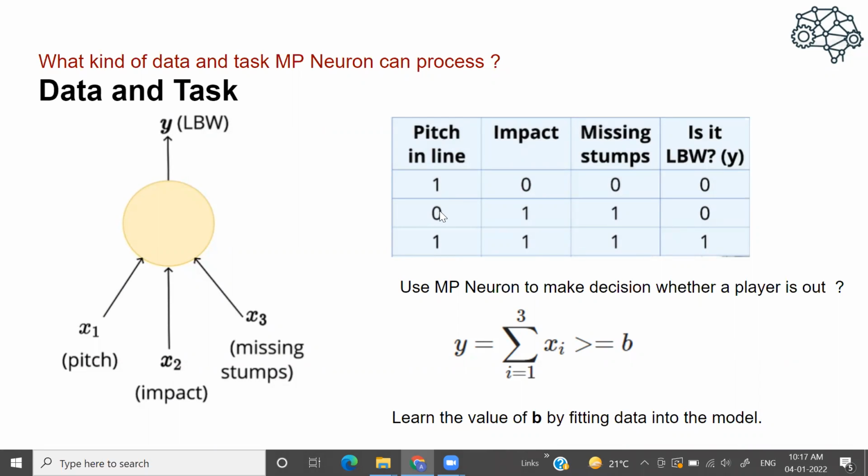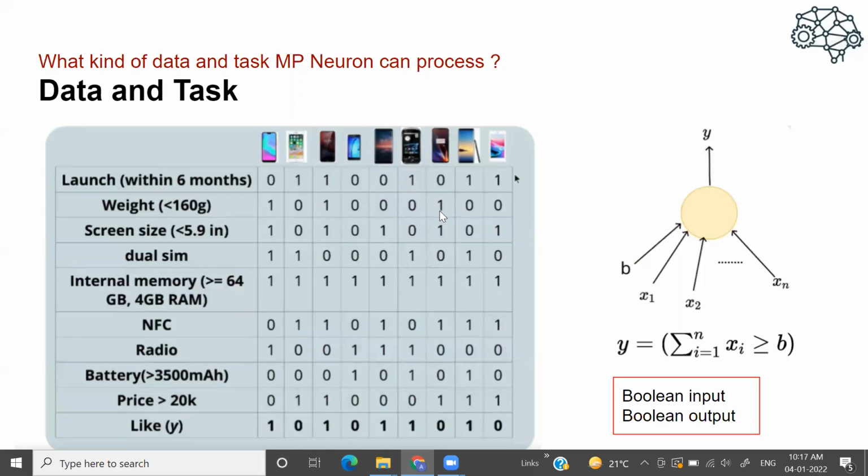Now, let's say that, so here you see all the input features were binary. It is either 1 or 0, right? But in real life, it may not be a situation where you'll always be getting a binary input. You can have a real input also. For example, you want to purchase a phone, right? So whenever we think of purchasing a phone, there are a lot of things we think, right? For example, we check whether the phone is recently launched or not, how old that phone is, whether it is launched 1 month back, 2 months back, 3 months back, right? So in this case, this variable can take an integer value, right? It can be 1, 2, 3, 4, anything.